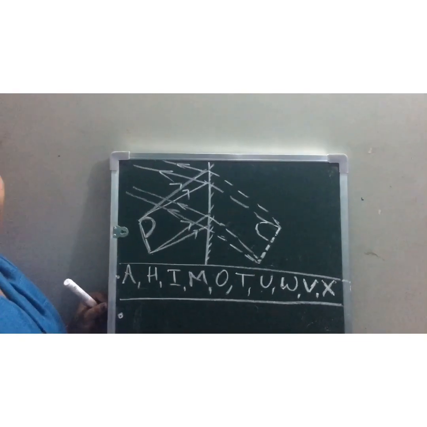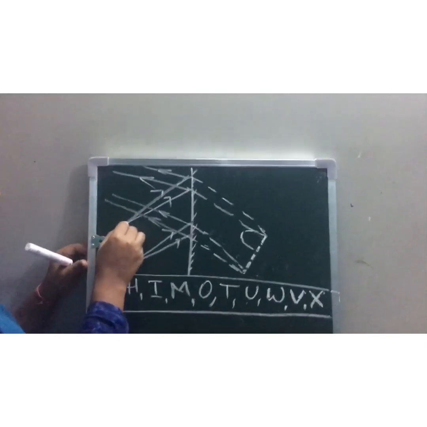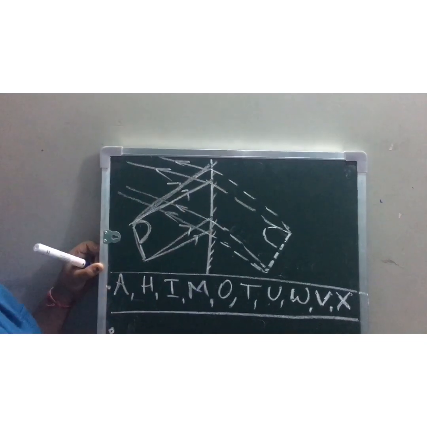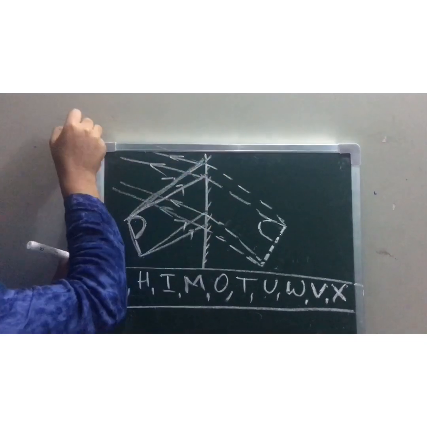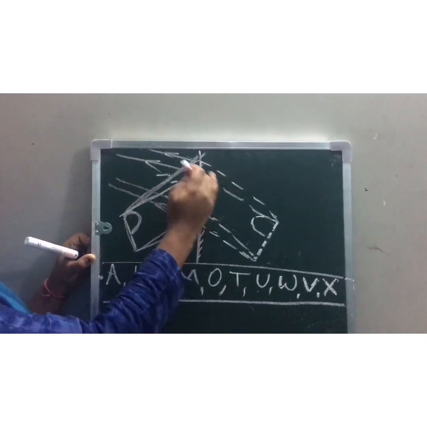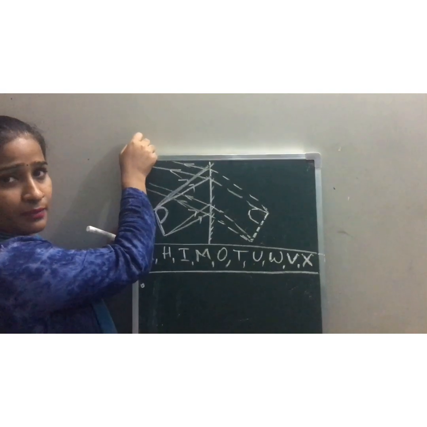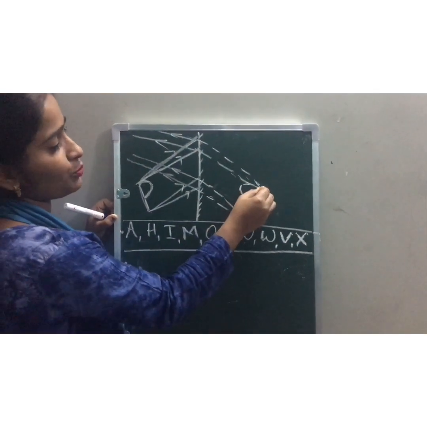Now, as I explained, from every point we have to consider at least 2 rays. So from the top of the P, I have considered 2 incident rays. When they strike the plane mirror, reflection of light will happen. They return back in the same medium, but they will not meet anywhere in this medium. So we extend them back and they will meet somewhere at this point.